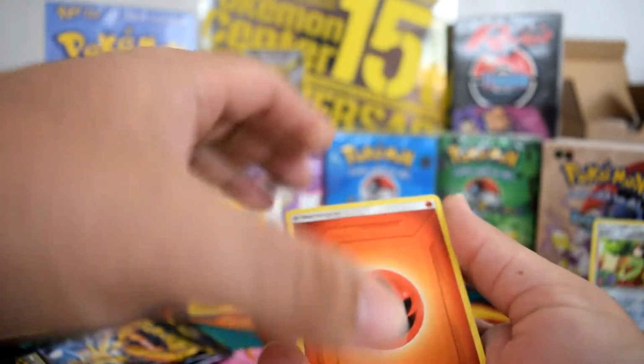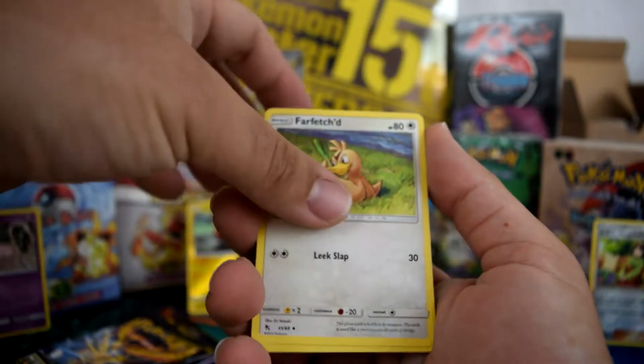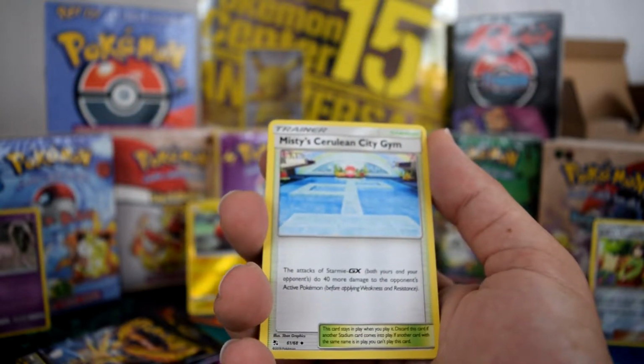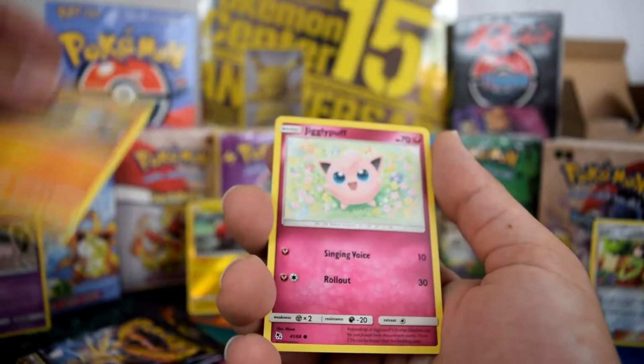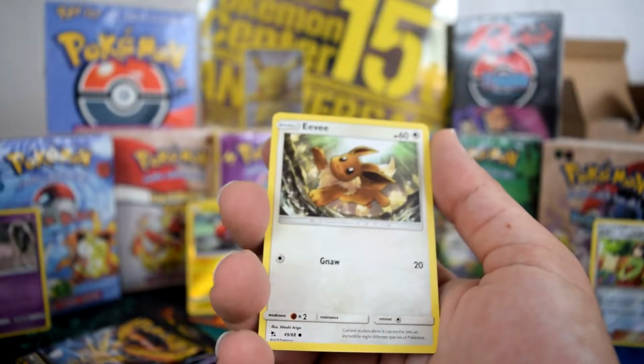But I will also come out with one of the, what are they called? The big boxes with the gold cards in them. I'll open one of them. I have a few of them locked away. So